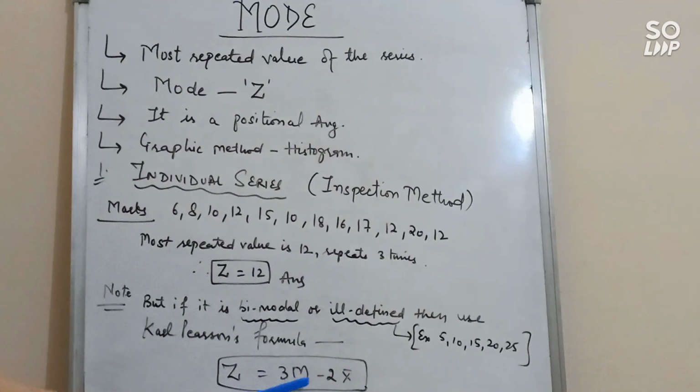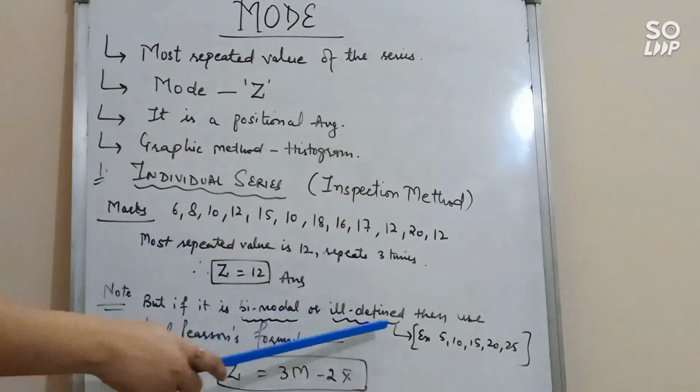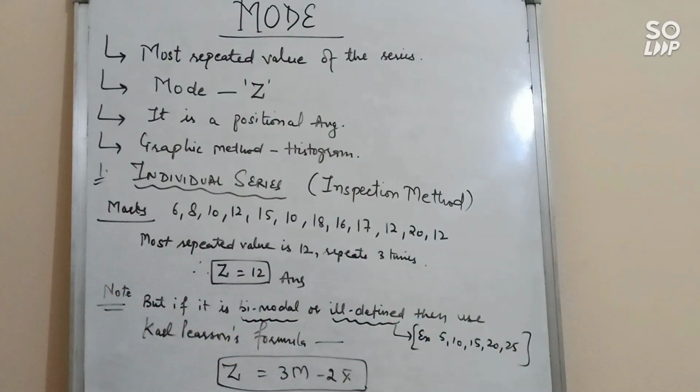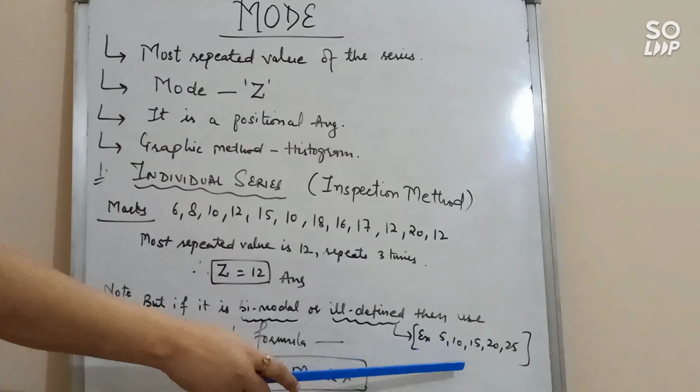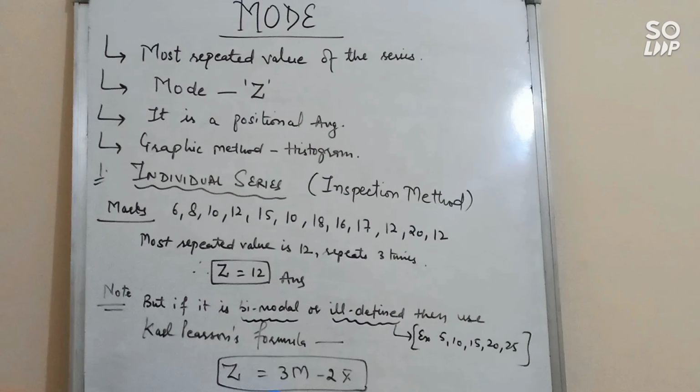We know how to calculate median, we know how to calculate mean. So in the question where it is not possible to find mode, we will first find mean and median of the series. After calculating mean and median, we will put these two values in this formula given by Karl Pearson, and we can find mode. Clear? This formula is very important. You may get a 1 mark question also. In 1 mark, you may get a question where mode is given, mean is given, and you find median. When you put the values in this formula, you can find the third value. So if two values are given, you can find the third one, either mean or median or mode. Clear?